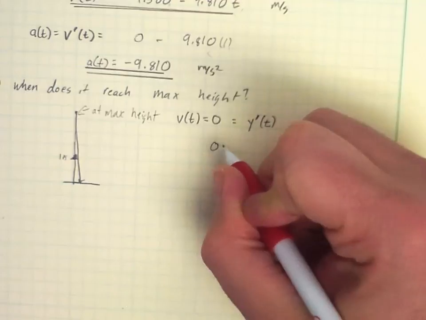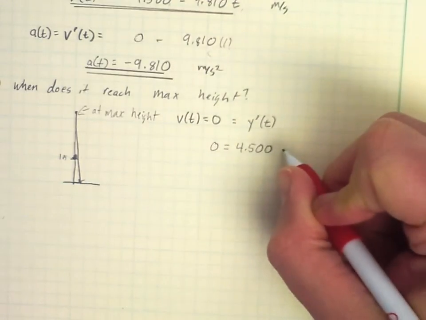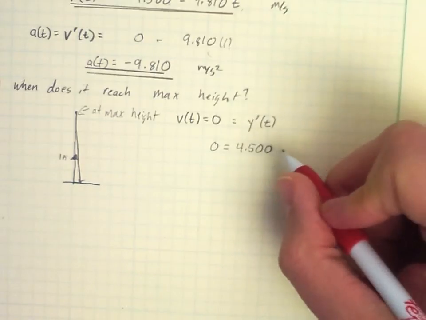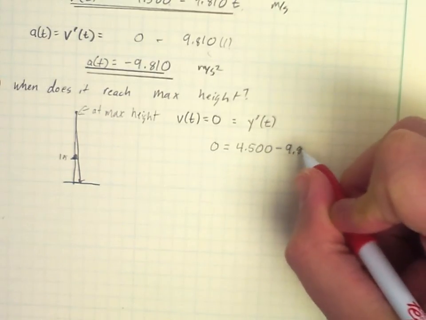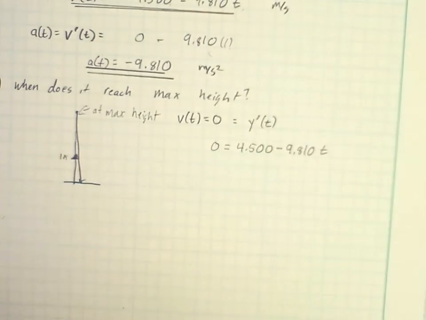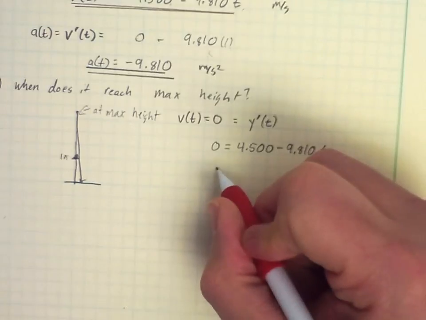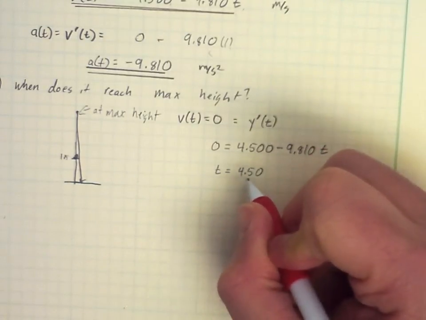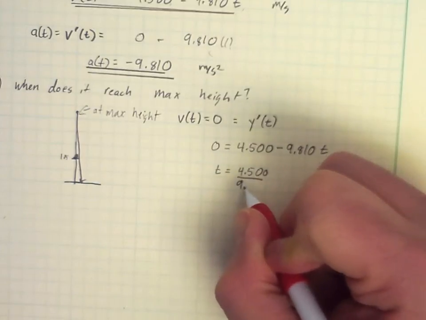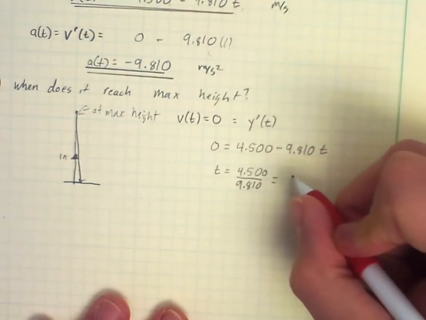So we know that 0 is going to equal 4.500 minus 9.810 times t. We can move that to the other side and get that t is 4.500 divided by 9.810. And if we want to punch that in, we get that that happens at